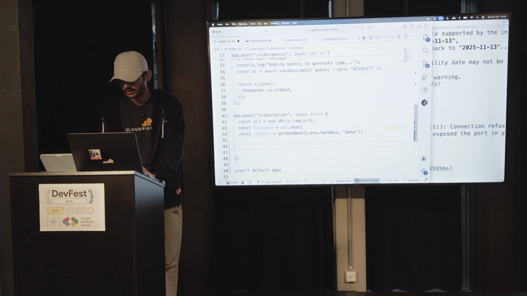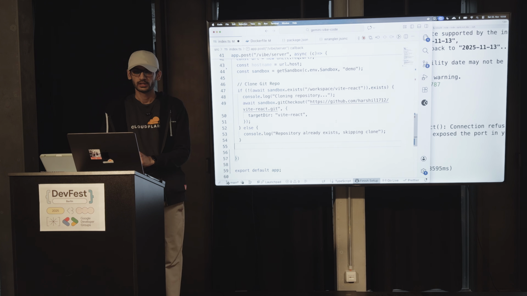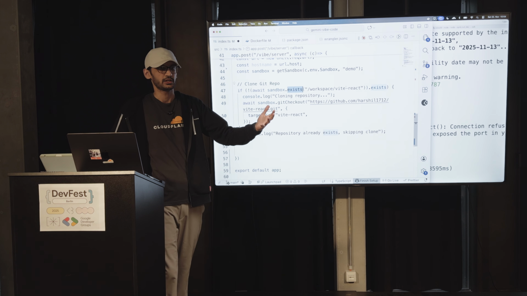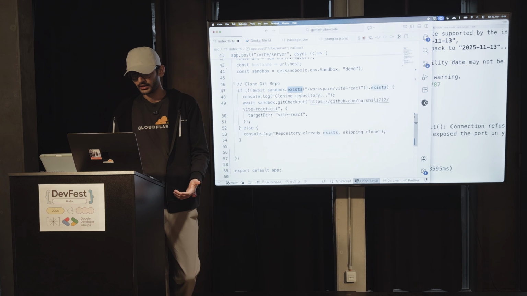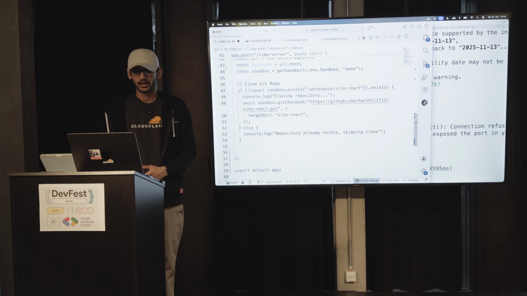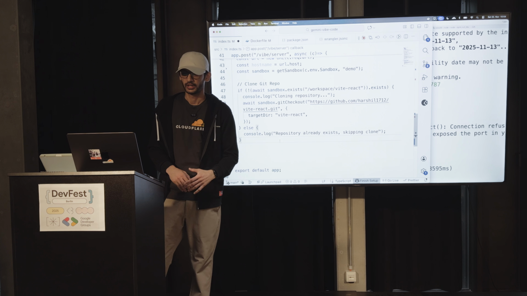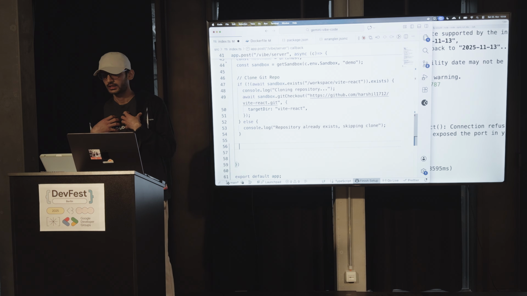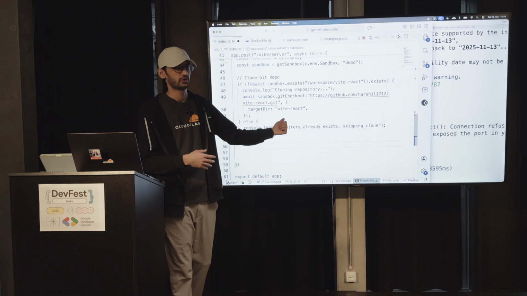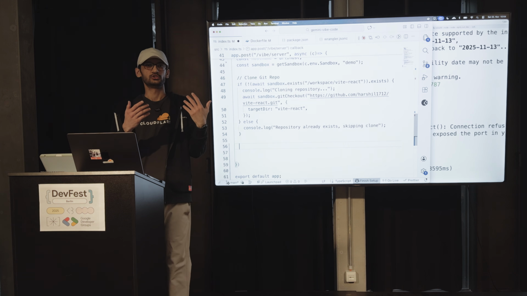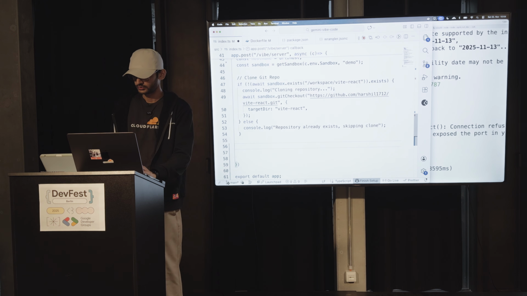So I am going to ask it to clone an application. I already have that in here. So I'm going to check if in my sandbox the Vite React application is already available or not. If not, I am going to clone a simple Vite React app in the sandbox. And if it is available, I'm just going to tell the user, hey, this is already available, we can move on to the next step. Now, as a developer ourselves, after cloning the repository, what would be the next step? To move into that repository and install the packages. Right, so that is what we are going to do.